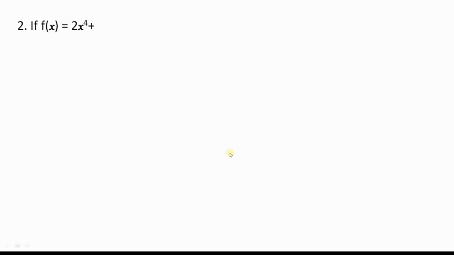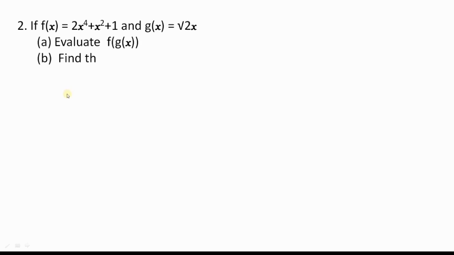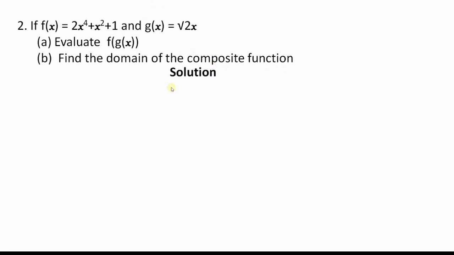So let us look at problem number 2. If f of x equals 2x to the 4th power plus x squared plus 1 and g of x equals the square root of 2x, evaluate f of g of x. Then B says find the domain of the composite function. Solution: